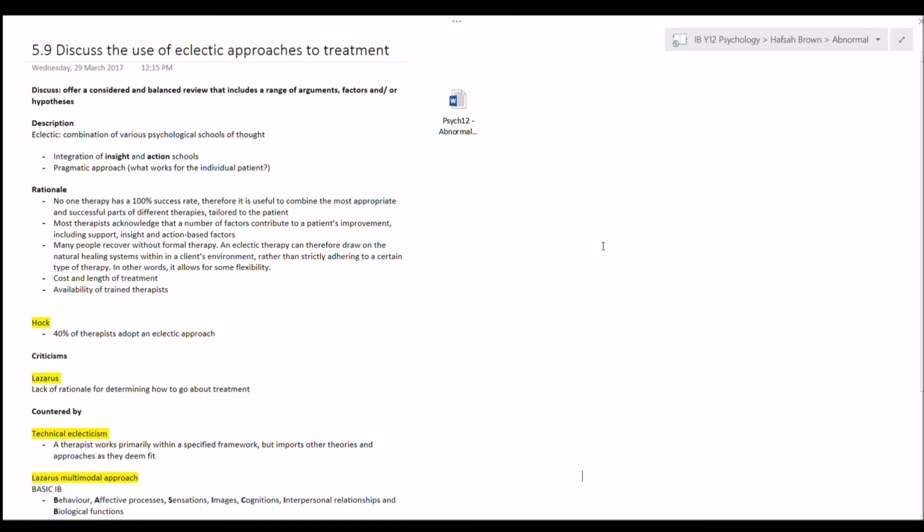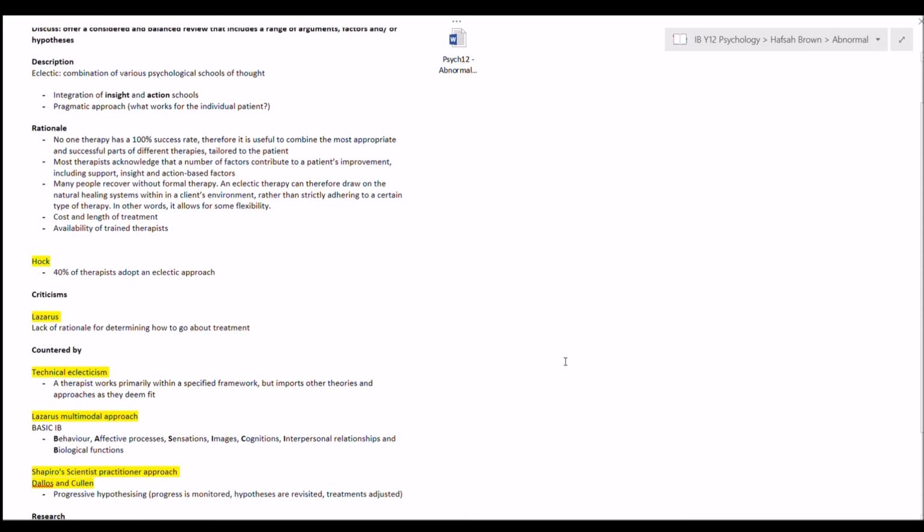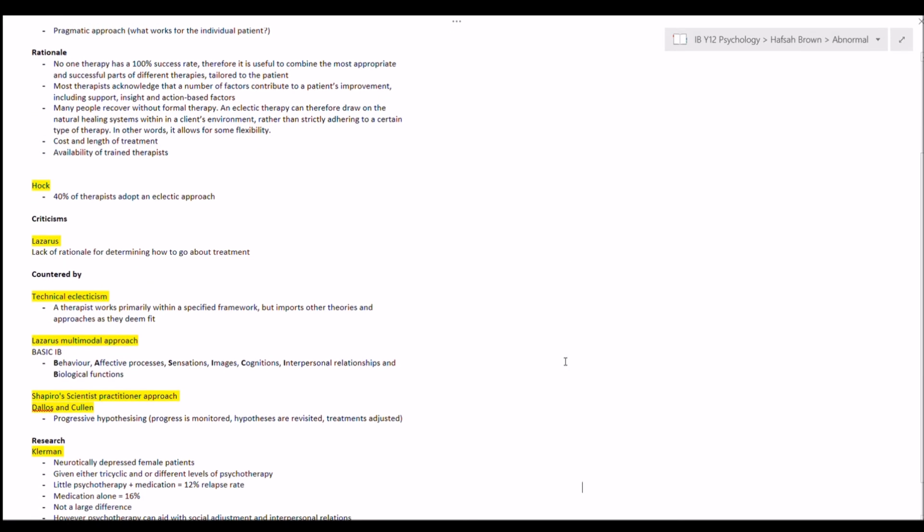And there have been a couple of attempts to structure eclecticism a little bit, and one of those is technical eclecticism. So that's when a therapist works primarily within a specified framework, but imports other theories and approaches as they deem fit for the patient. Lazarus himself had a counter to his initial criticism, and that was using the basic IB